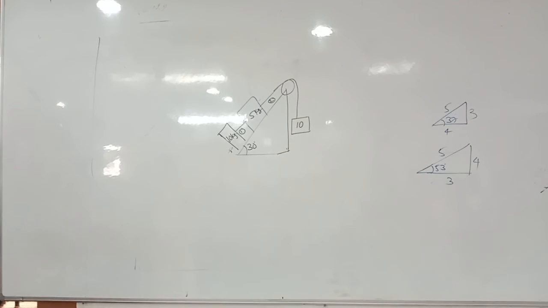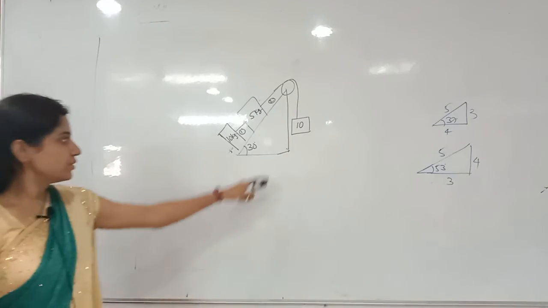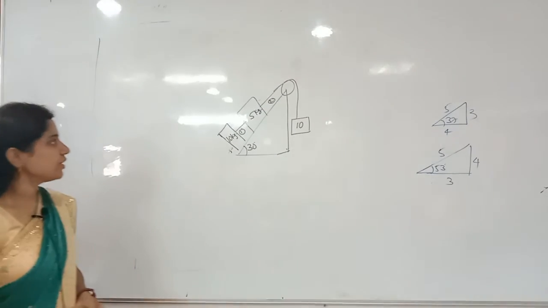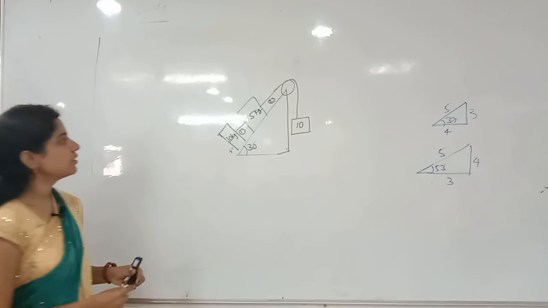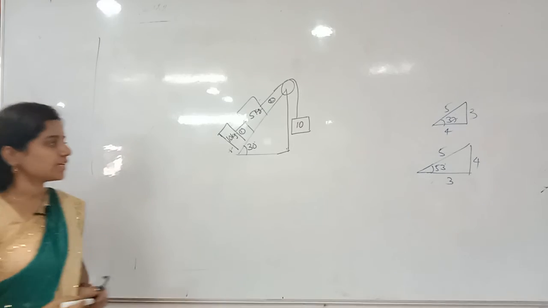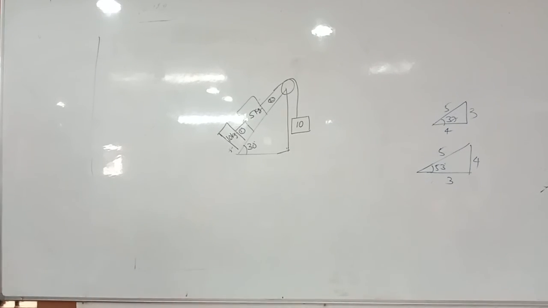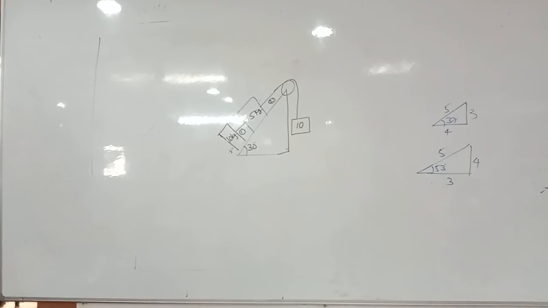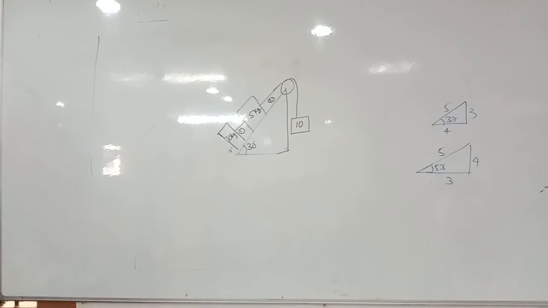Have we taken the correct situation first of all? In which direction will the system move? In this direction only? Sure. This is how much? 100 newton, no? Downwards. This one is how much? 75 newtons. Yes, correct. Then A is 1, I think. 25A is equal to 25, no? We are getting 25. A is 1. Then T1 is how much?